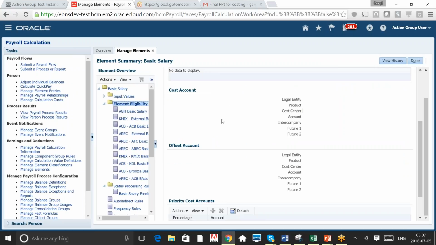Now, as I said, the offset account exists only at the element link level. It doesn't exist in any other level. Similarly, the suspense account exists only in the payroll level and the department level. Now, you can define the suspense account in either the payroll or department level, but it is